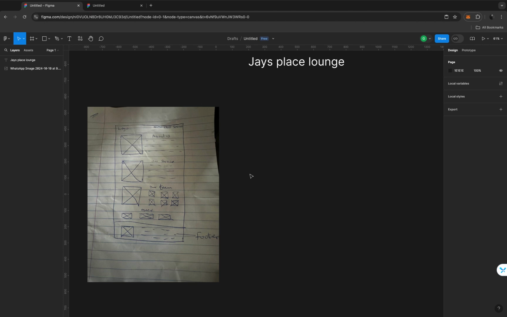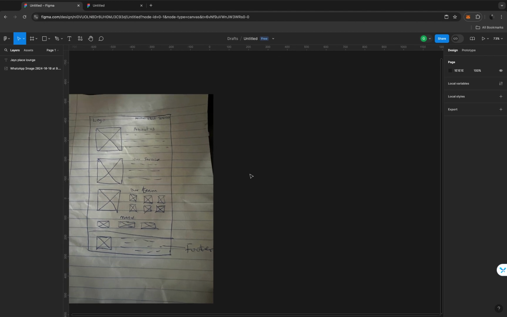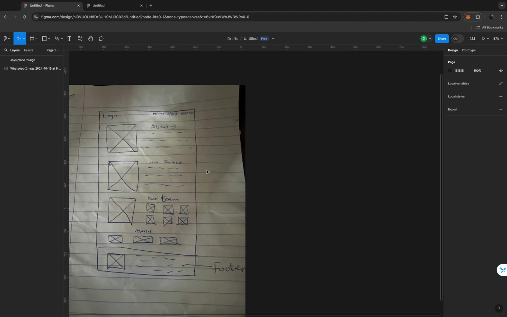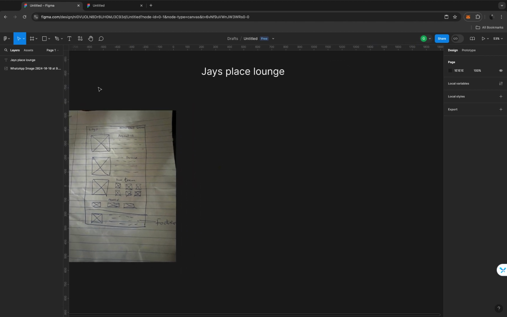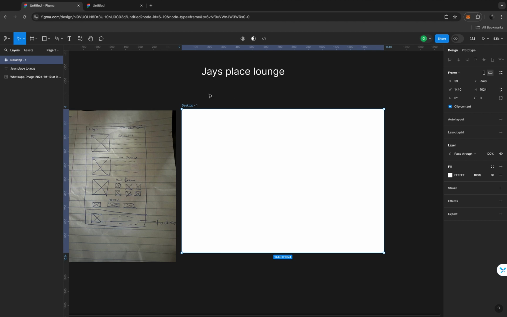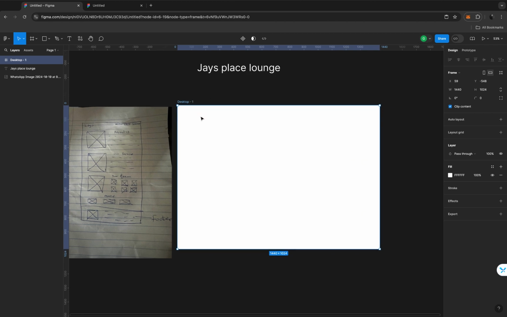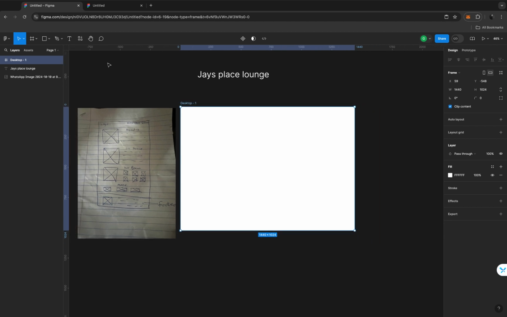Okay, so today we are designing a landing page, and I have here with me a wireframe that we are going to work with. All right, so I'll go ahead and add my frame. Go to my frame right here, my top left. Okay, I'll go over to desktop and add my artboard. Okay, I'm working with this. Then I'll go ahead and go to my